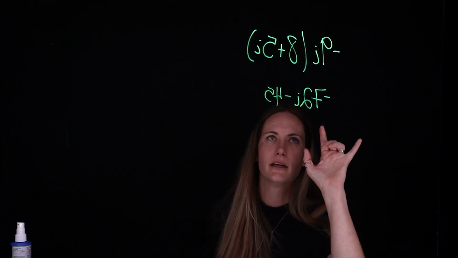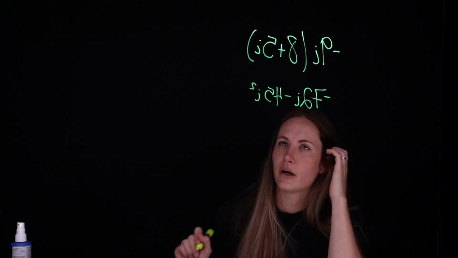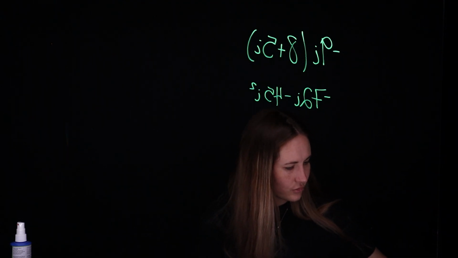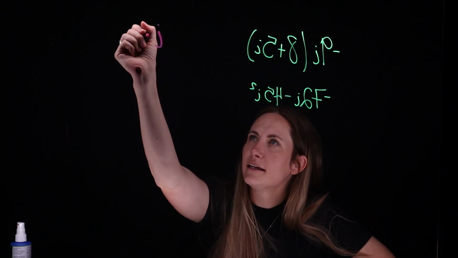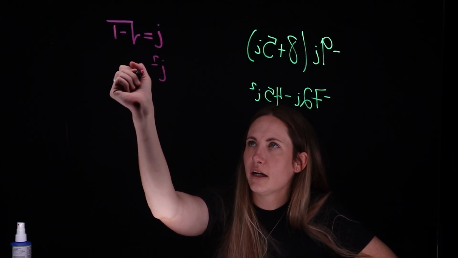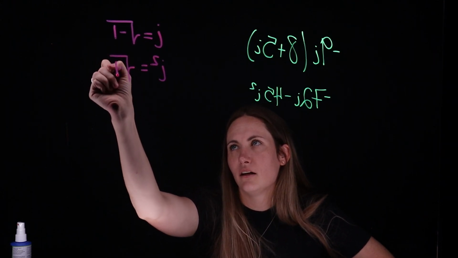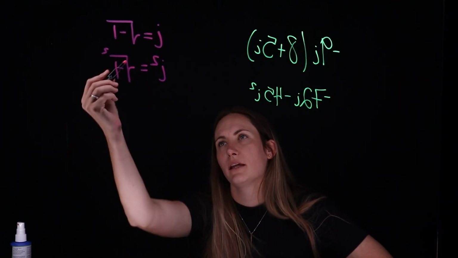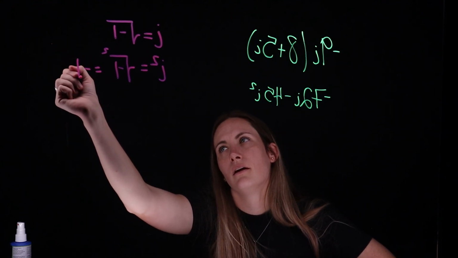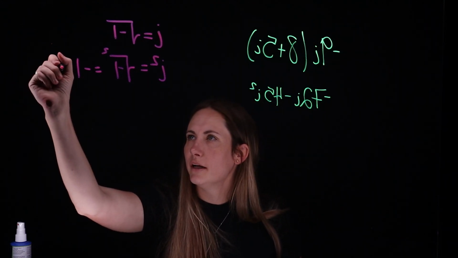And just like x's, x times x is x squared, so i times i is i squared. So remember that i equals the square root of negative 1. So if I have an i squared, that's going to be the square root of negative 1, squared. And remember that these are inverse operations. So when I square a square root, I just get negative 1. Since i squared equals negative 1,